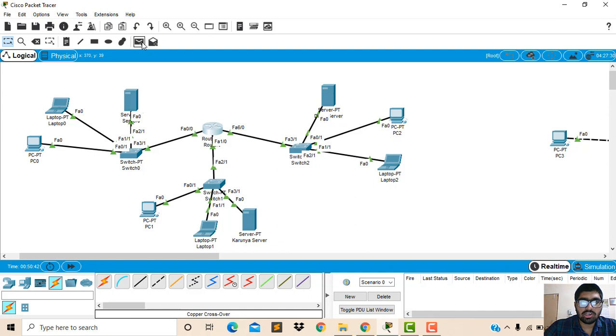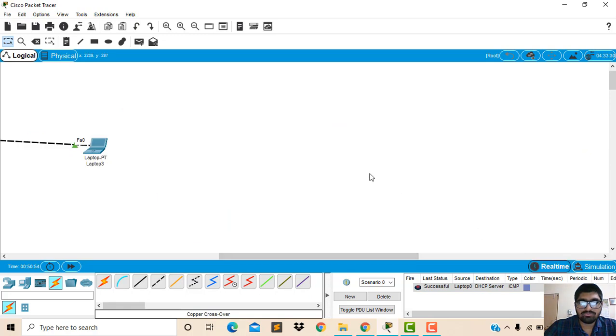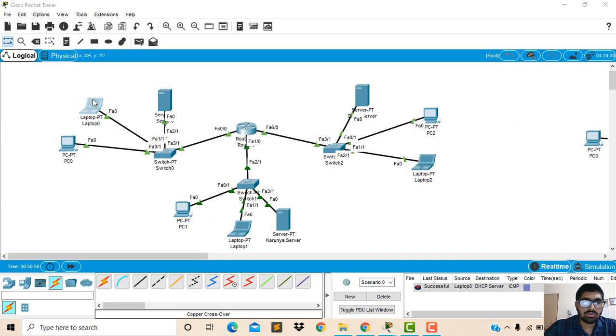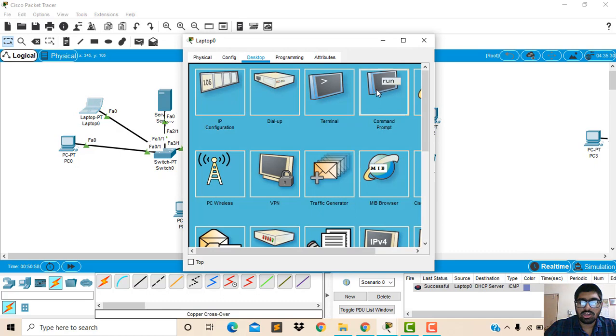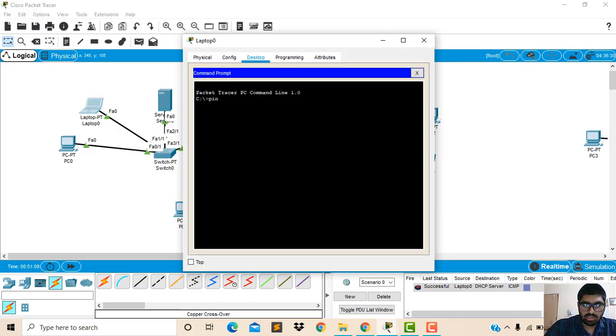Now we will check how the packet is travelling from the laptop to the DHCP server. It is showing successful. Now, to check without simulation, we can go to the laptop and open the command prompt, and we have to type ping 192.168.20.4.